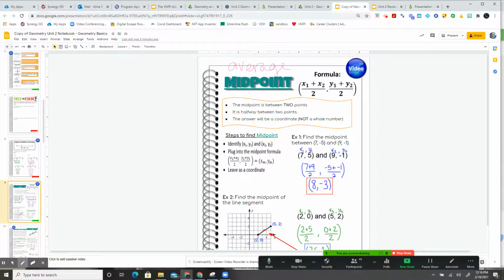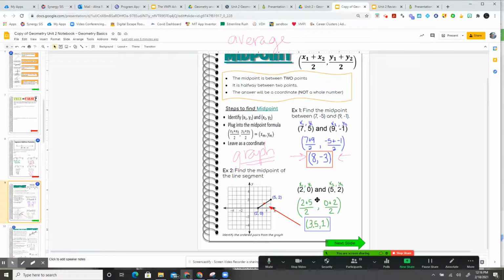We're going to add the x's, divide by 2, add the y's, divide by 2, and we're going to end up with an ordered pair. Please, please, please graph it, right? Graph it, open up Desmos, sketch a graph, do whatever you need to do to make sure that it makes sense. If I give you 2 endpoints and you plot them in Desmos and then you do the calculation